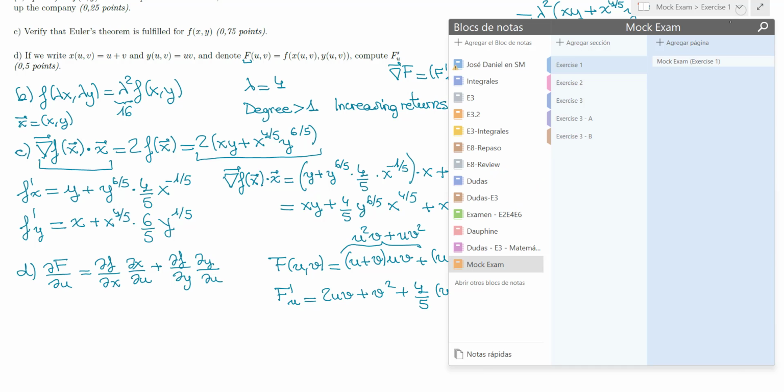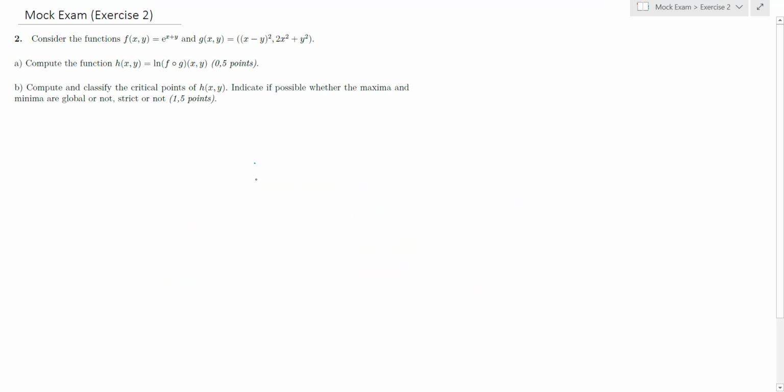And having done this, let's go with a second exercise. In the second exercise, we still are with composite functions, and then we will go to free optimization. So it gives us two functions. F is a function which takes two variables, R2, and gives us only one. And G is a function which takes two variables, x and y, and it also gives us two variables, this one and this one. So we are asked